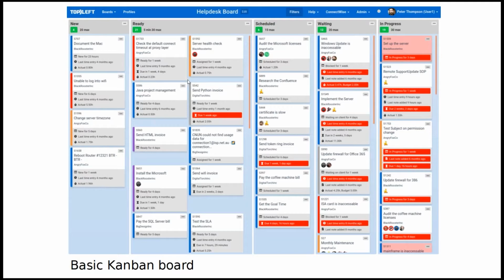You can drag and drop to reorder within the columns too, to set the rank and communicate the priority of those tickets. You can see that there's some key data shown on the card in a really compact way: the name, the ticket number, how long it's been in that status, when was the last time entry, how many hours have been logged on it, when the due date is, and so on. You get the same view for everybody. Both the managers and the engineers are looking at this sort of view, and so there's no miscommunication because you've all got the exact same view of the data.